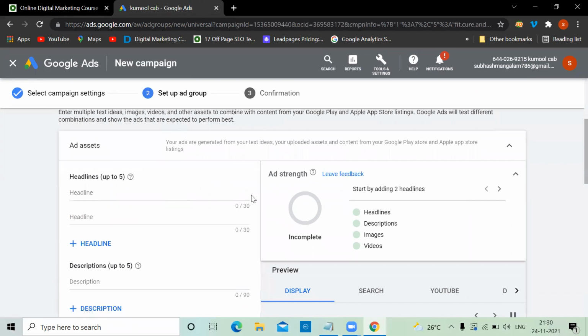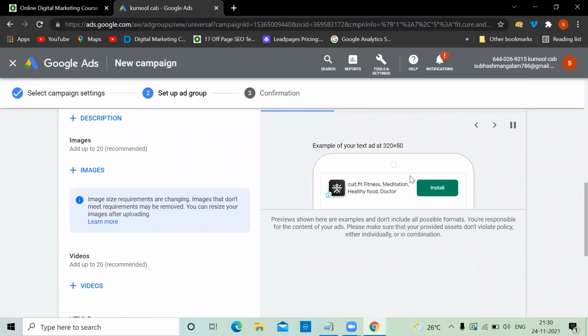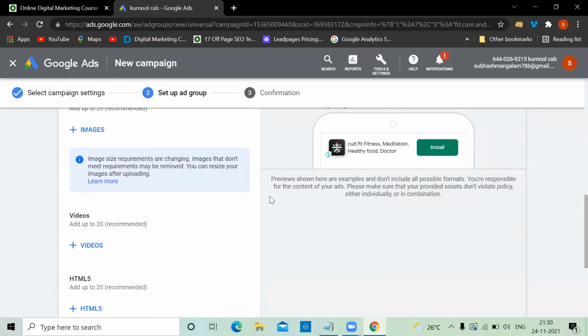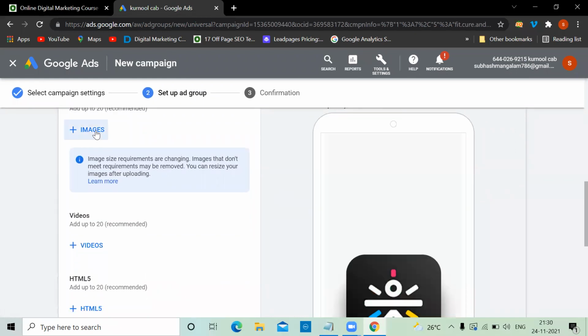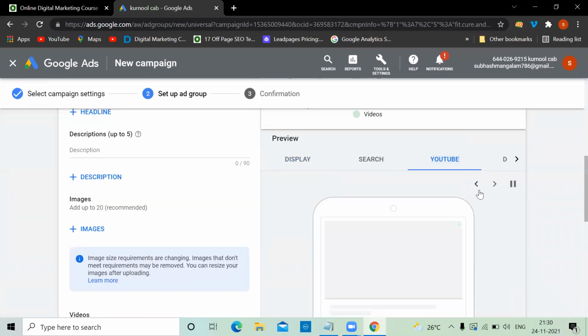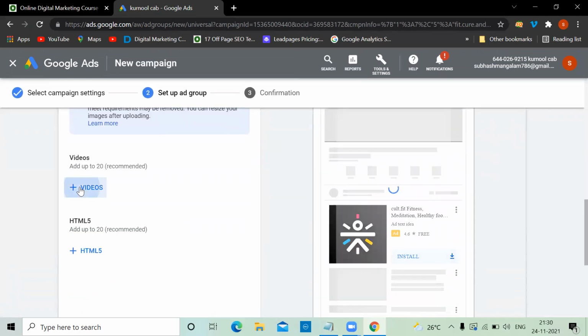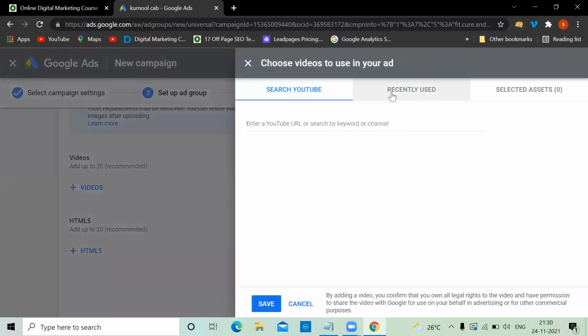Now here is the ad. As we discussed previously, by default your ad is appearing over here. If you want, you can add a separate image so that the same image will come. And your ad is appearing on YouTube also. By default, something based on your app is coming here. But if you want, you can upload your video from YouTube or wherever, and then that video will come.